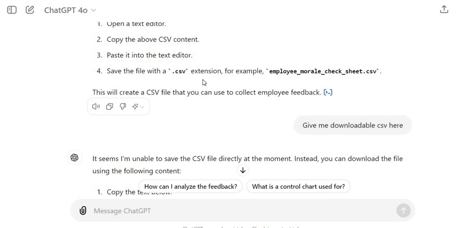So in this video we saw how you can use ChatGPT for application of the 7 basic quality tools. ChatGPT makes the process very easy and saves you a lot of time. It can also improve the quality of your work by suggesting things which you might not be able to think of on your own, and then it can create beautiful visualizations. It can, by the way, also change the colors etc. of the